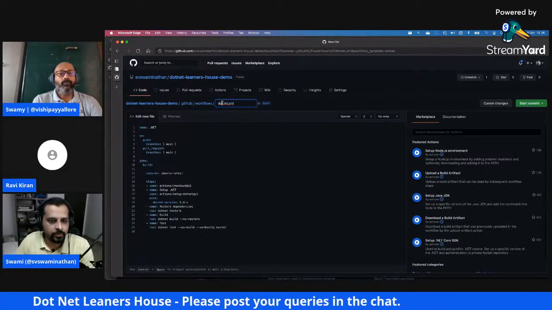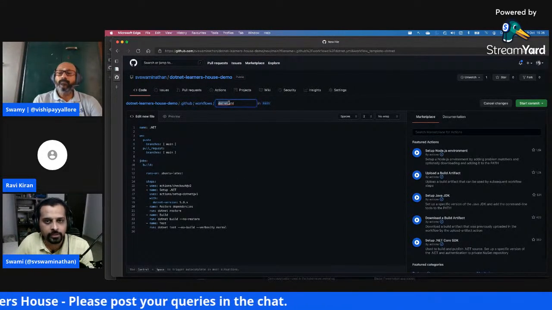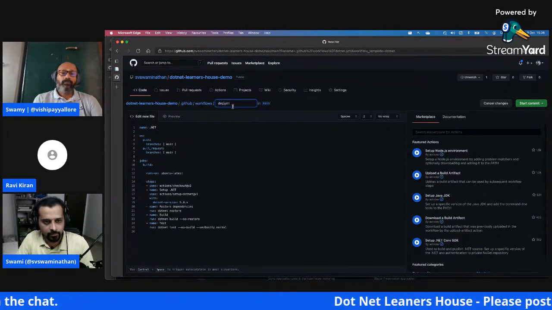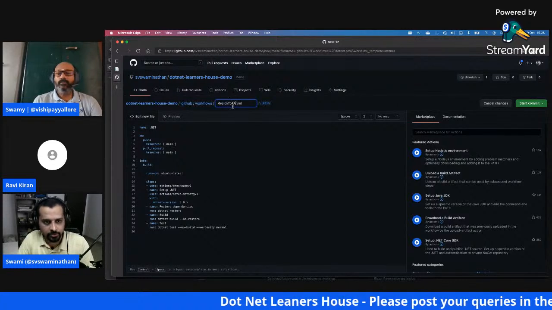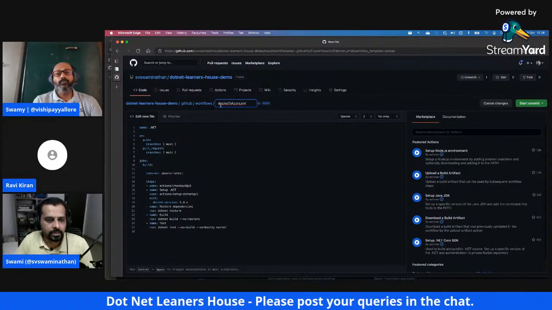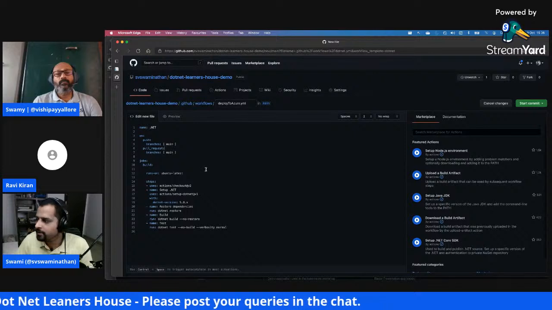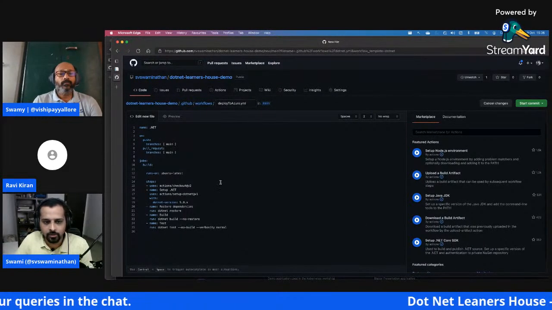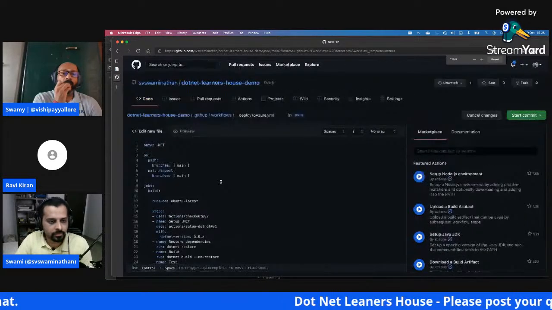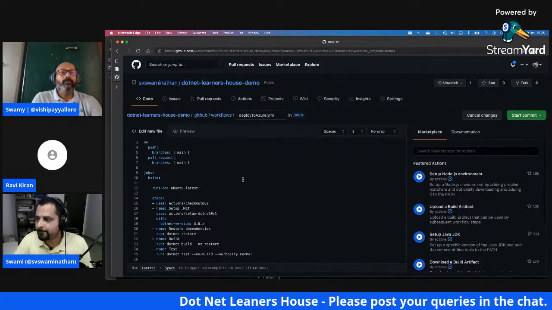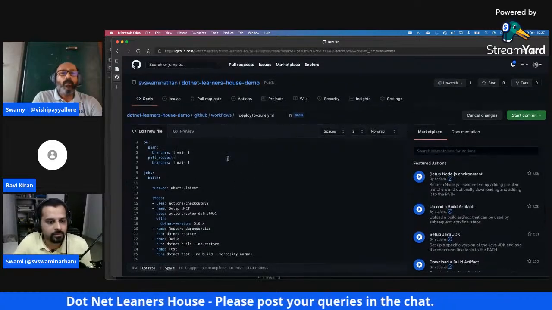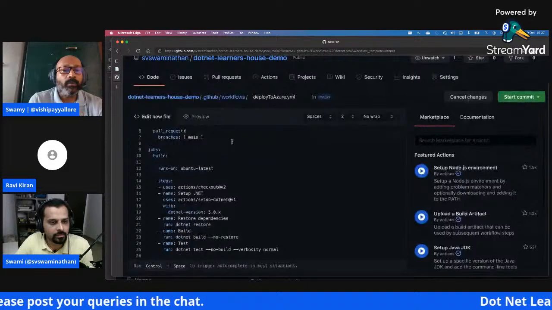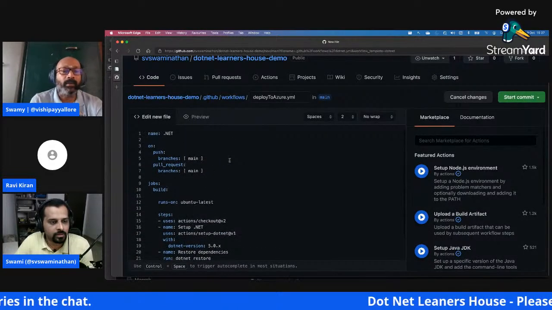You can give any name here. By default, it shows as .NET.yaml because I chose that particular template. So I'll maybe say deploy to Azure, because that's what we're going to do at the end of it. So I'll name it deploy to Azure. And then here is where you can see the steps. I hope it's visible, or should I zoom it in? Is it better now? Yeah, a little bit better. If you bump it up more, yep. Okay, cool. Much better. Thanks.